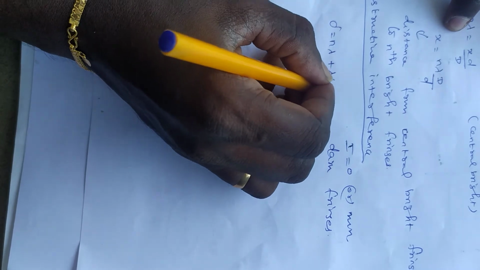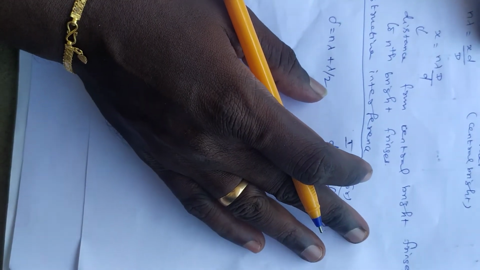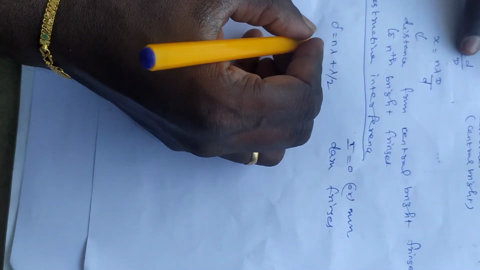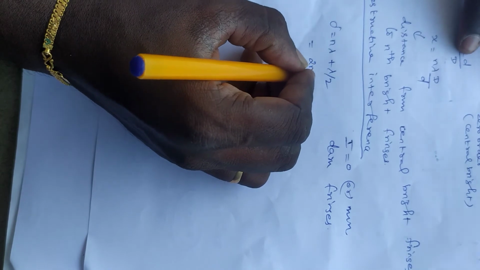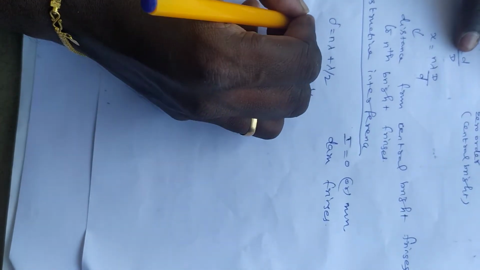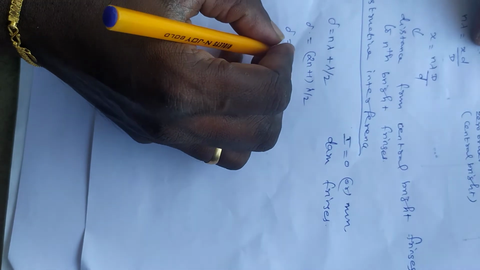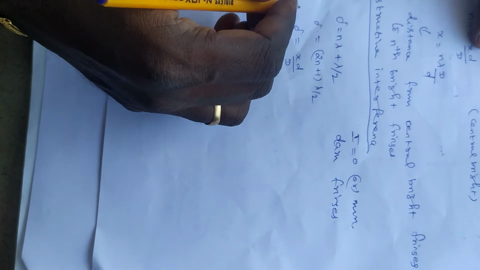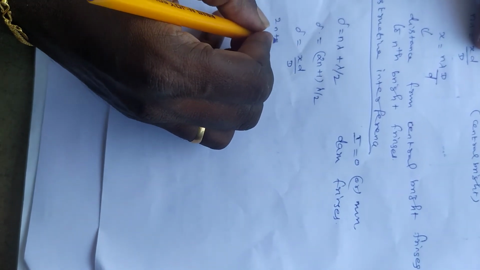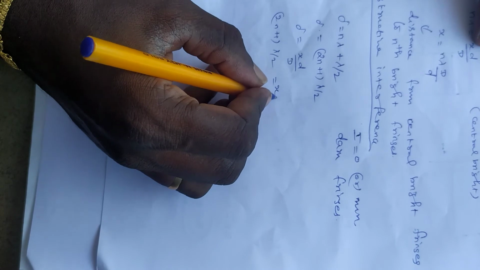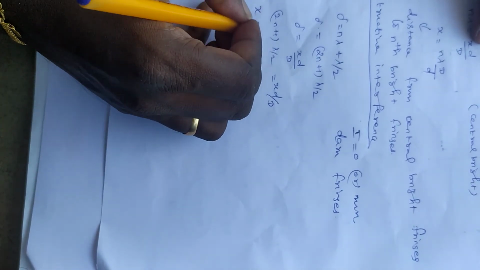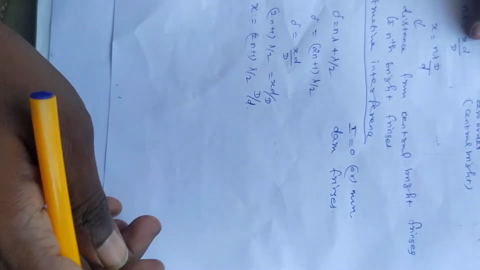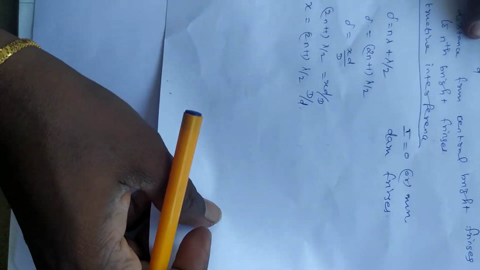Now additional path difference lambda by 2. When light passes from one medium to another medium, it undergoes an additional path difference of lambda by 2. So del is equal to 2n plus 1 times lambda by 2. We have obtained the formula del is equal to x small d divided by capital D. So on both sides, the left side is the same. So 2n plus 1 lambda by 2 is equal to x d by D, where x is equal to 2n plus 1 lambda by 2 capital D divided by small d,